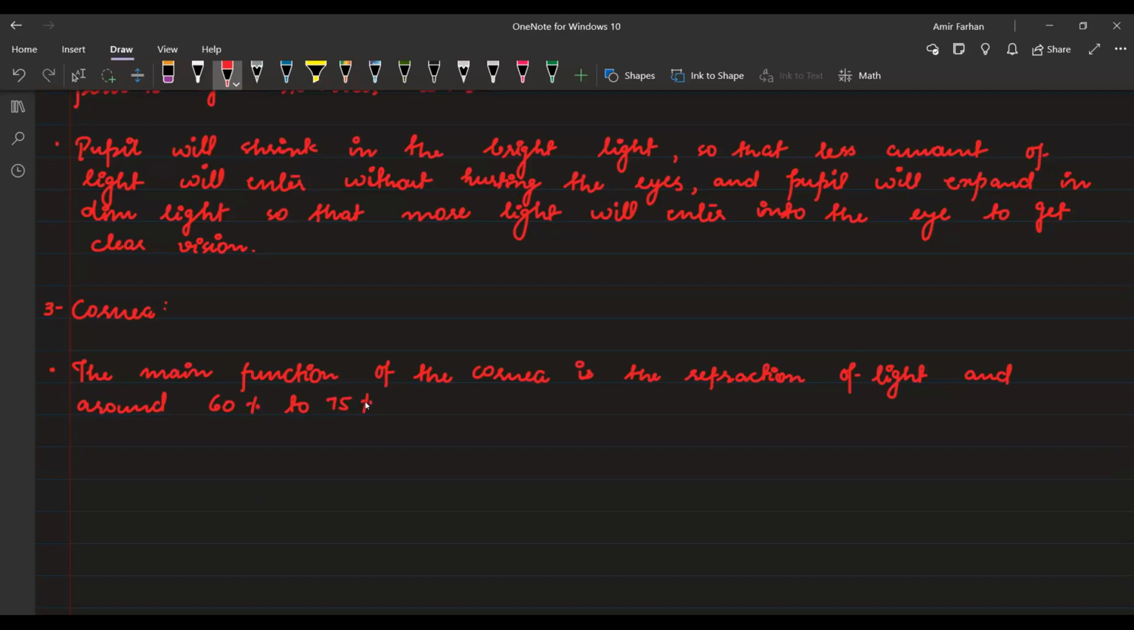Sixty to 75%. This will also come. Yes, Zainab, you're saying something? The percentages will also come in exam. Yes, that will give you a very good impression on the teacher. Because the teacher will say, okay, the student knows how much amount of light will refract at the cornea. Because this is given in the books as well. So around 60 to 75% of